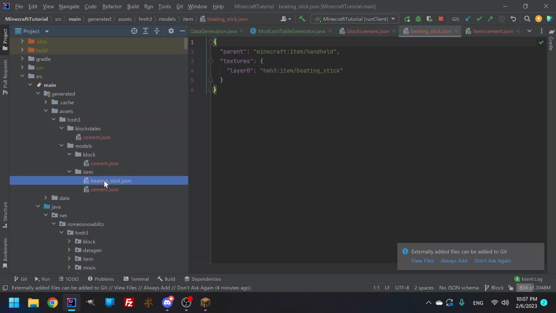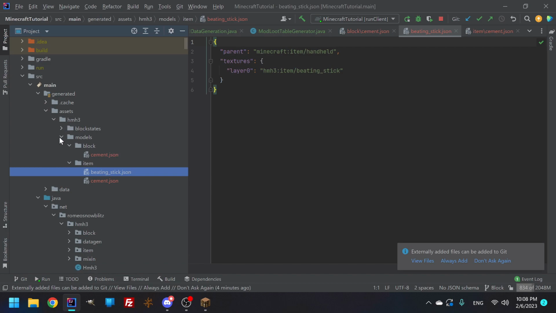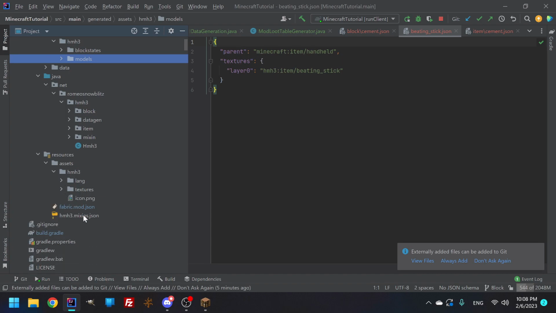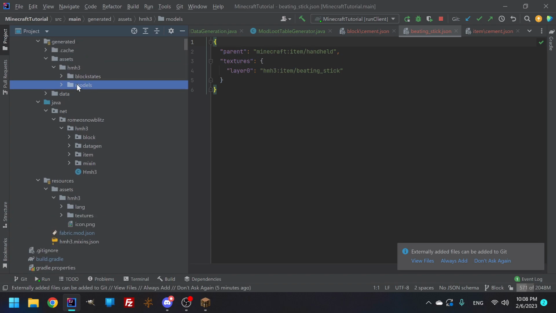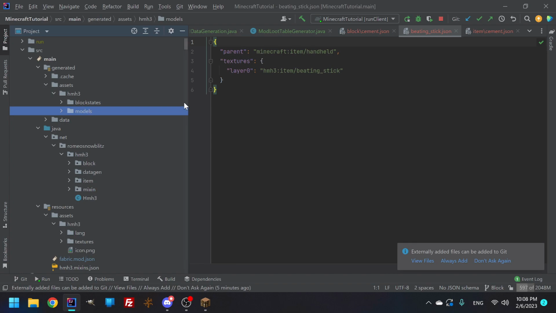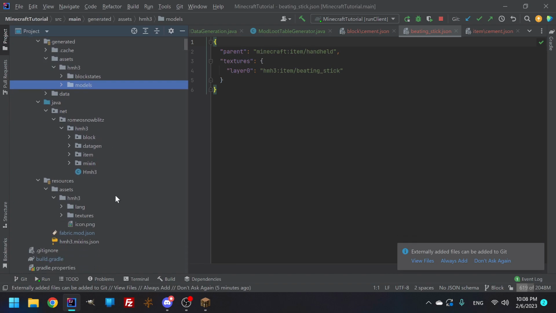But in our assets folder, the block states and models are generated up here. Now, I don't like looking in the two areas. I prefer to have data folders rather than doing it through here. But as we continue, if there are any specialized models, I will put them in here, and any simple blocks, we'll put them in here, and you'll see how we have simple block state and then